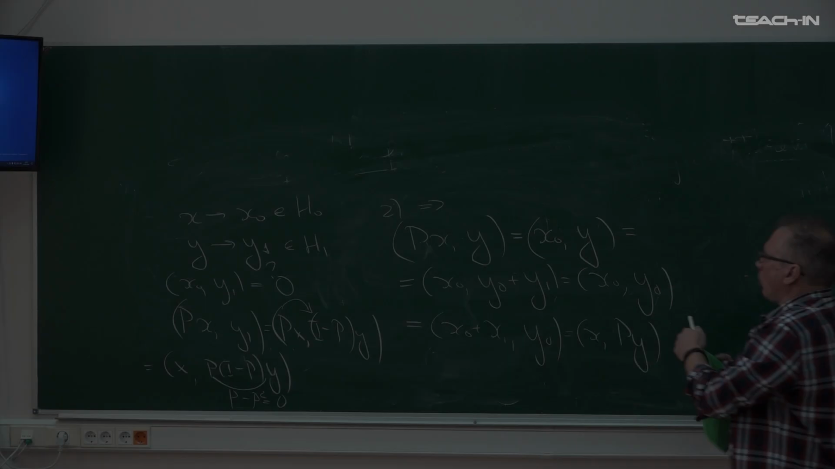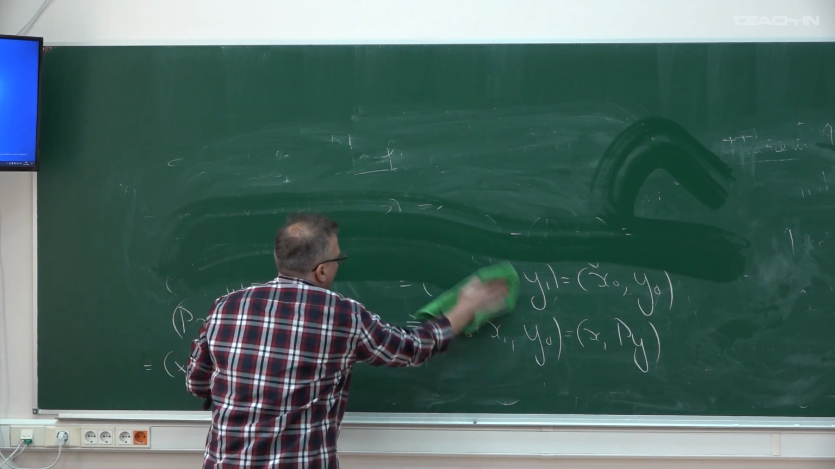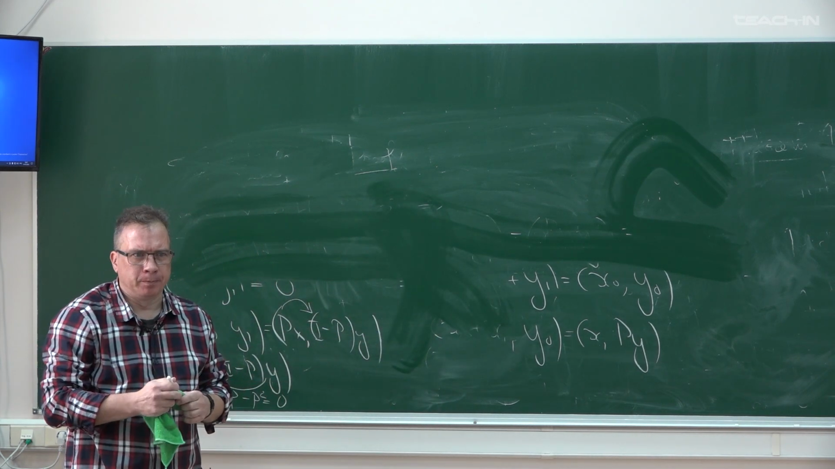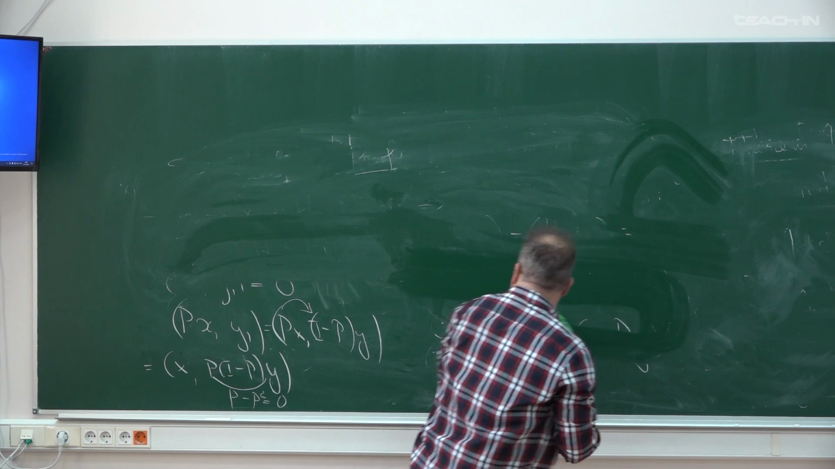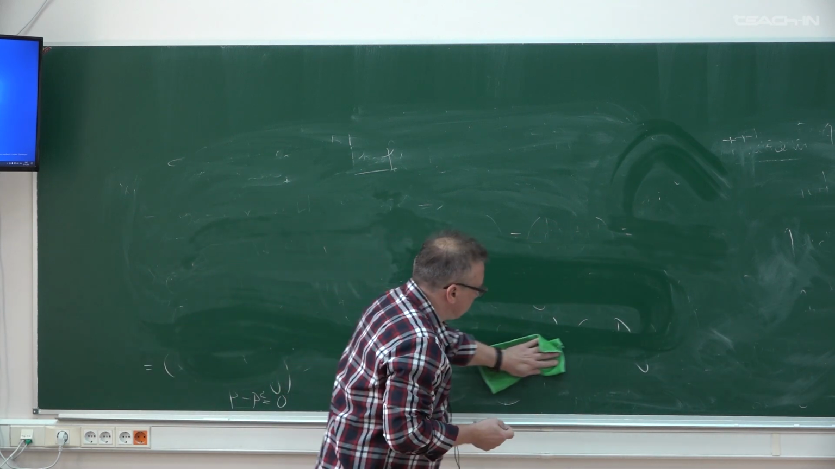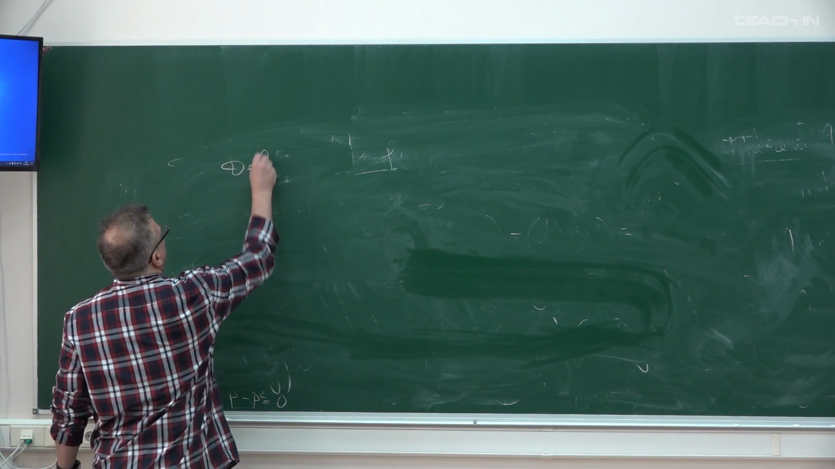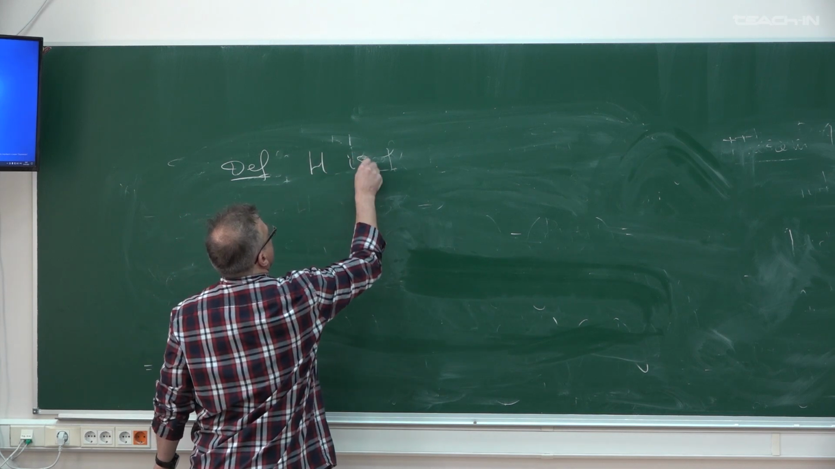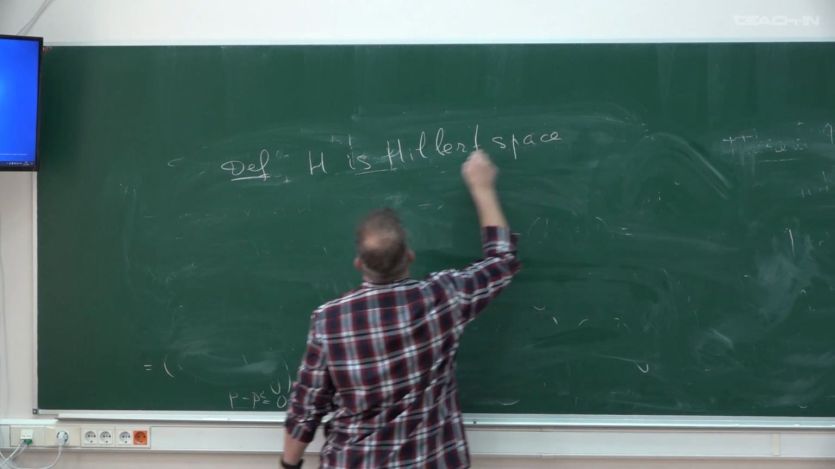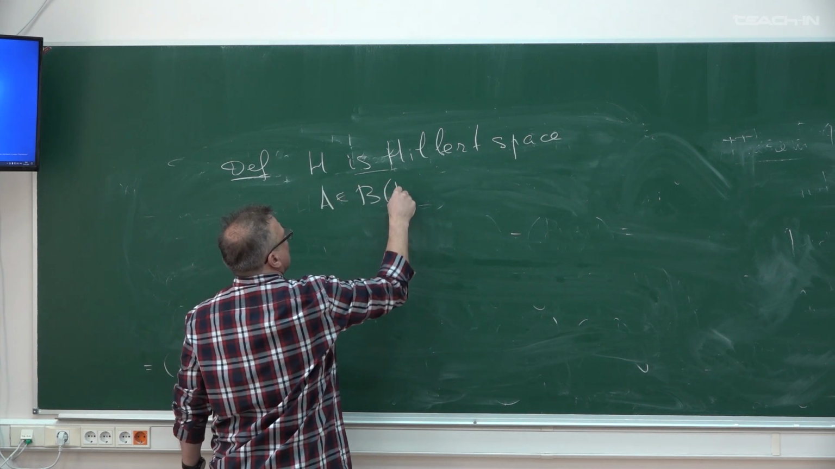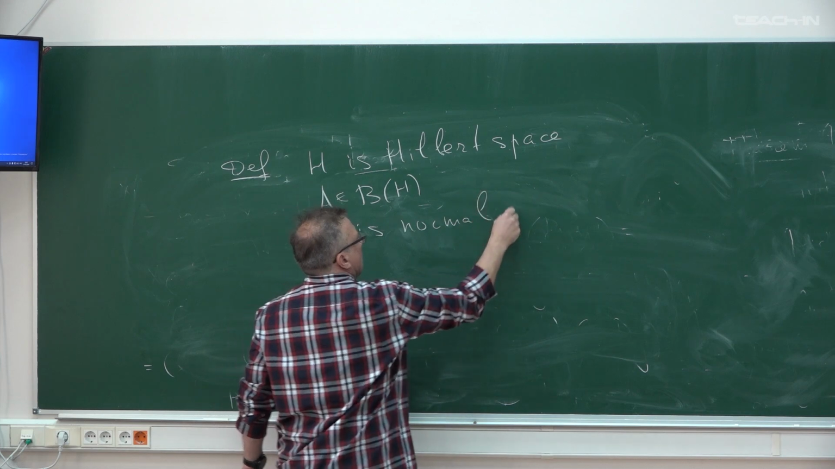Okay, and one more addition of notation. What operators are normal operators? H is a Hilbert space, A is a bounded operator, and A is normal if